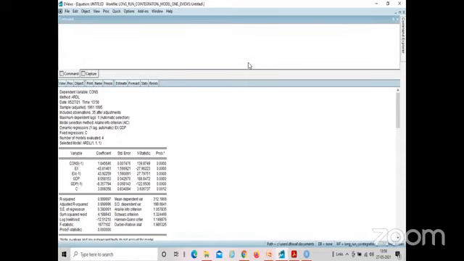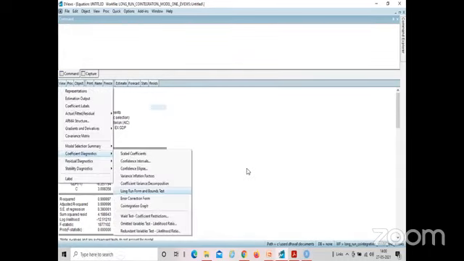Got it? Fine. Now we want to evaluate this. We will not do any analysis here, and we will bypass this. Now we will run View, Coefficient Diagnostics, Long Run Form and Bounds Test.